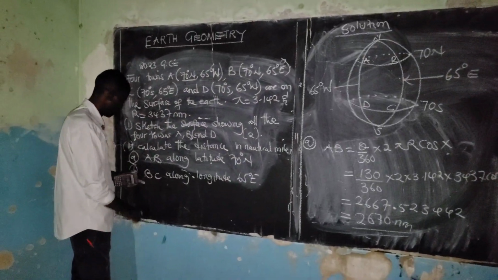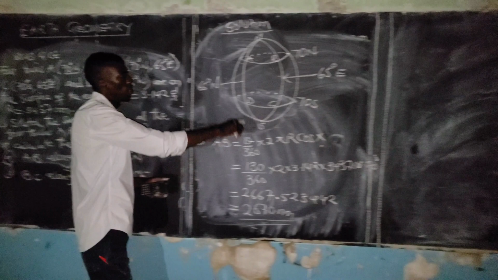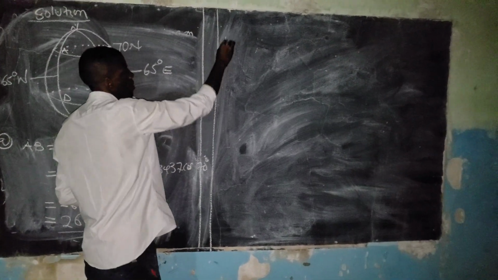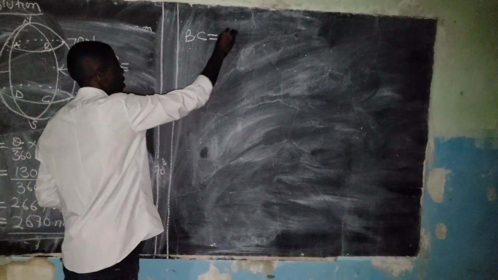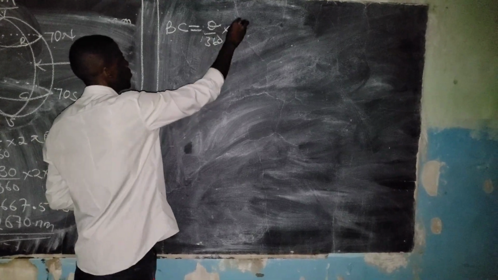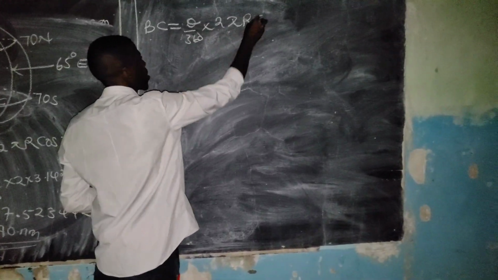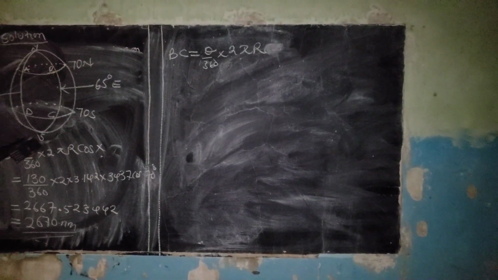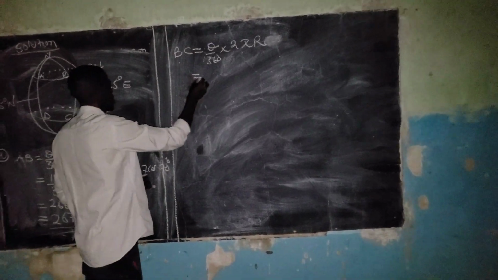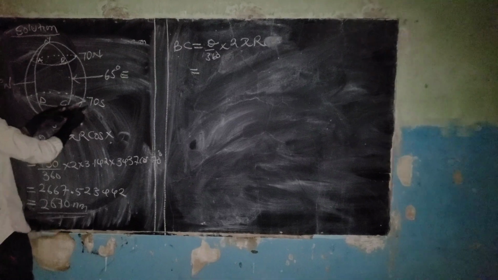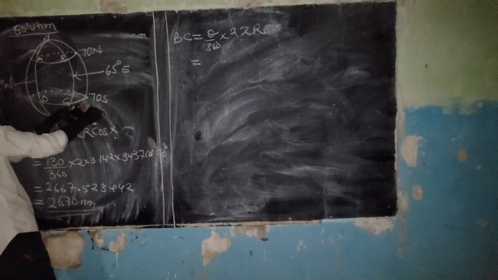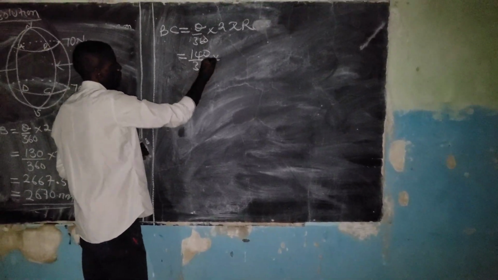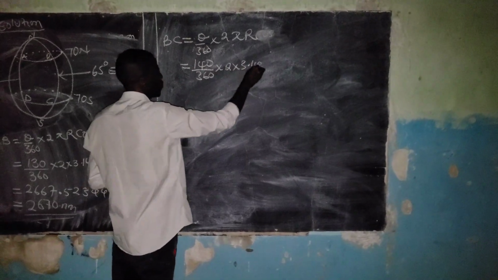We go to Roman numeral B, BC. BC is along longitude 65. So we are going to say, okay, BC is equals to theta again over 360 times 2 pi r. No, we don't put a cos. The reason being that it's along the great circle. Okay, so our theta, the difference in latitudes. The other one is on 70, the other one on that, and then different hemispheres. 70 plus 70 gives us 140 over 360 multiplied by 2 times 3.142 times